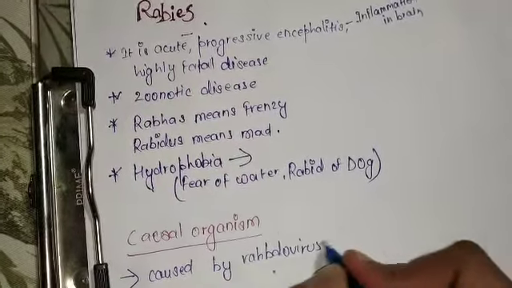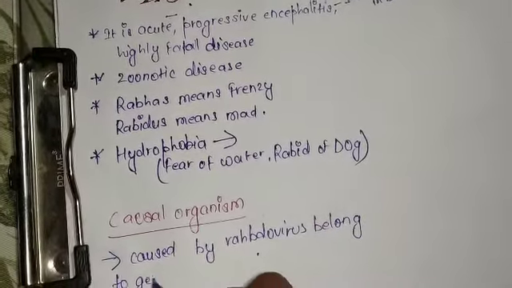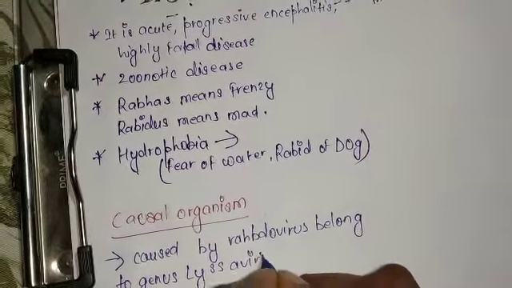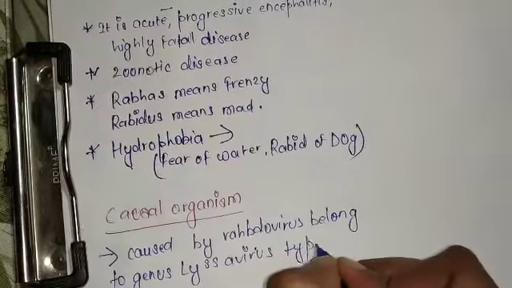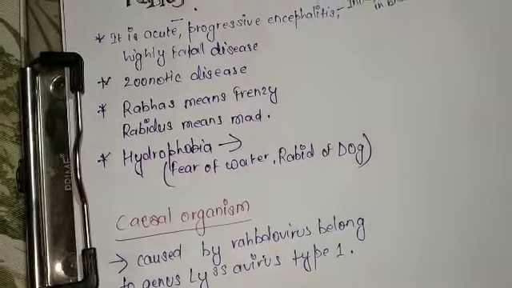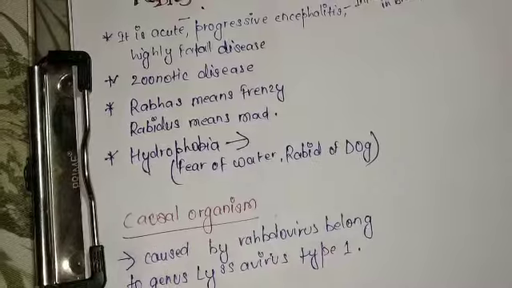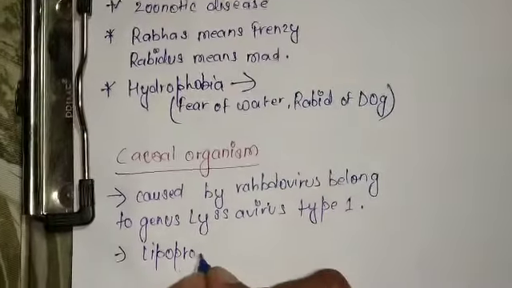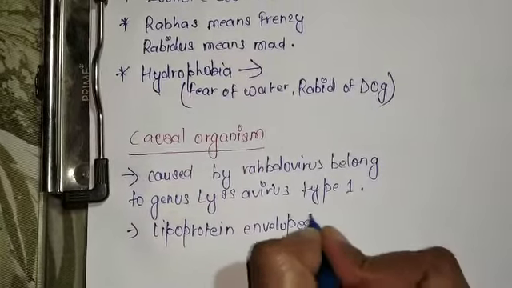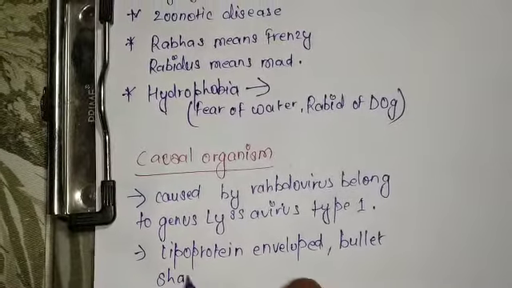Actually, this Rhabdovirus belongs to the genus Lyssavirus type 1. And this Rhabdovirus has a lipoprotein envelope along with a bullet-shaped virus,